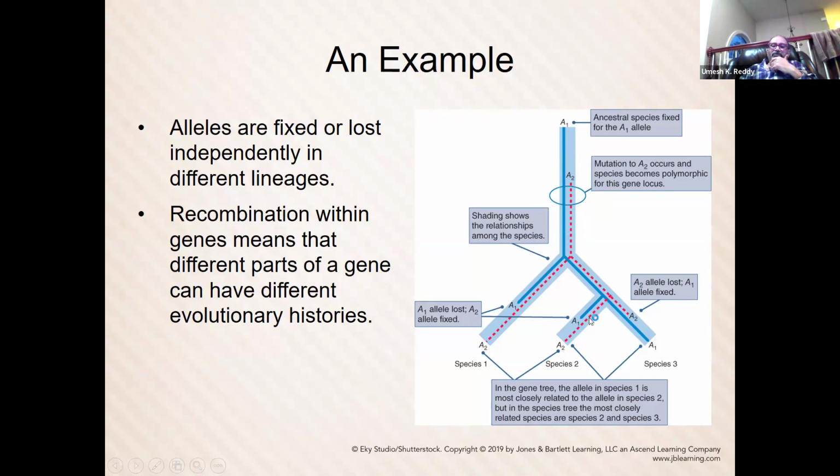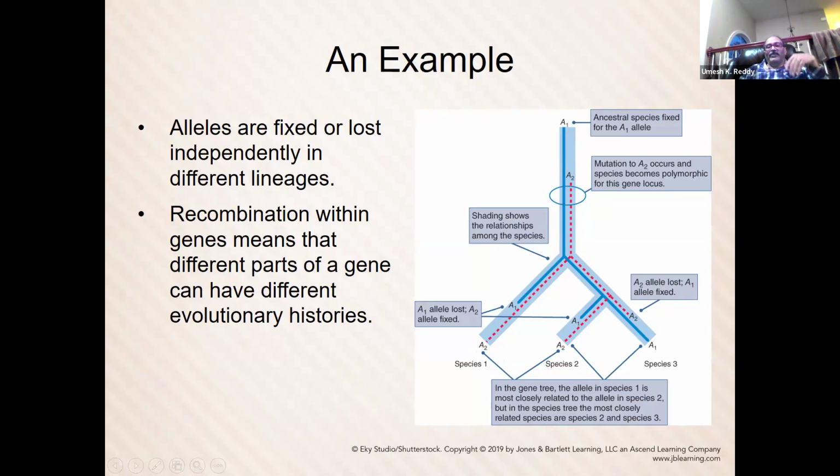Okay? But species 2, which is whole genome level, is closer to species 3. Species 2 and species 3 are close. But just for that gene, this A1 gene converted to A2 in species 2. So the A2 gene is shared between species 1 and species 2. Based on that, you cannot say, hey, these two species are very close. It's only one single gene. We have 30,000 genes, for example, in humans. So many differences. So you cannot say, just based on the one gene,